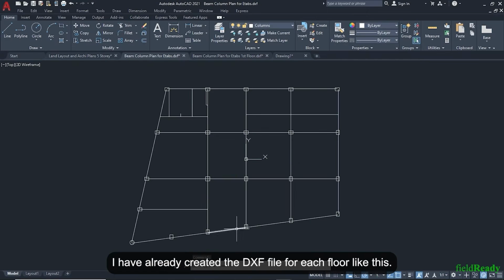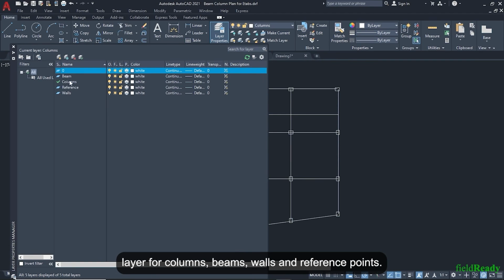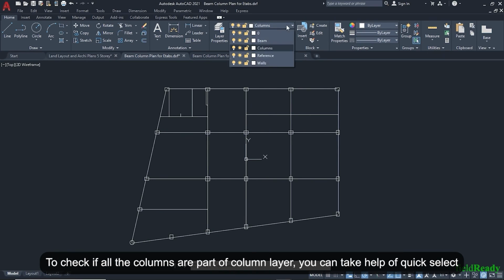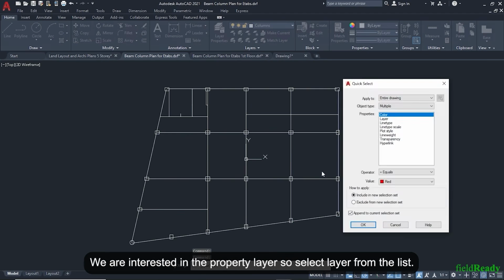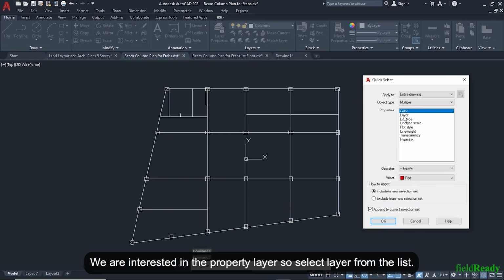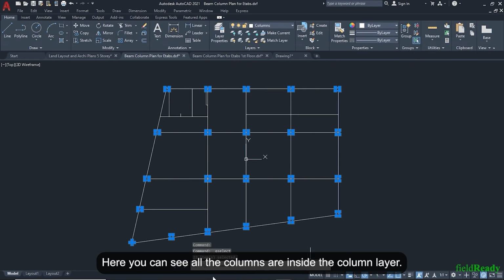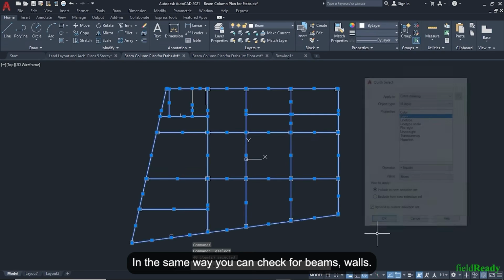I have already created a DXF file for each floor like this. If you check the layers with the layer command like this, you can see there are separate layers for columns, beams, walls and reference points. To check if all the columns are part of the column layer, you can take help of the quick select tool which was taught in the AutoCAD course. Right click here and select quick selection tool. We are interested in the property layer, so select layer from the list. Layer value will be column and then click on OK. Here you can see all the columns are inside the column layer. In the same way you can check for beams, walls,